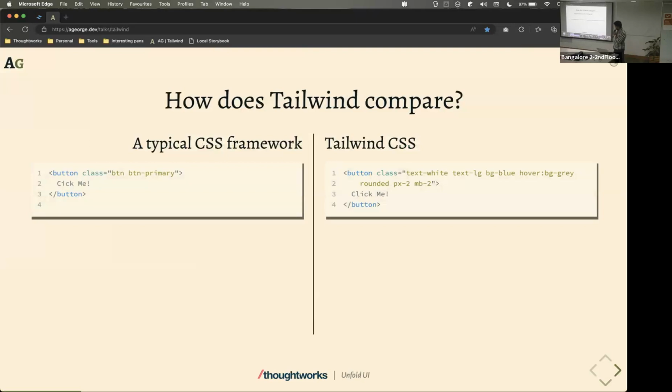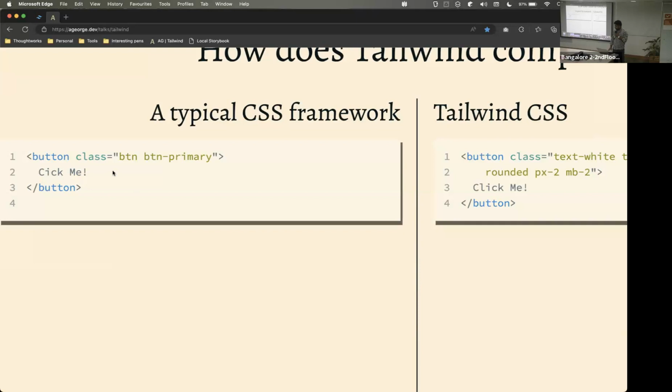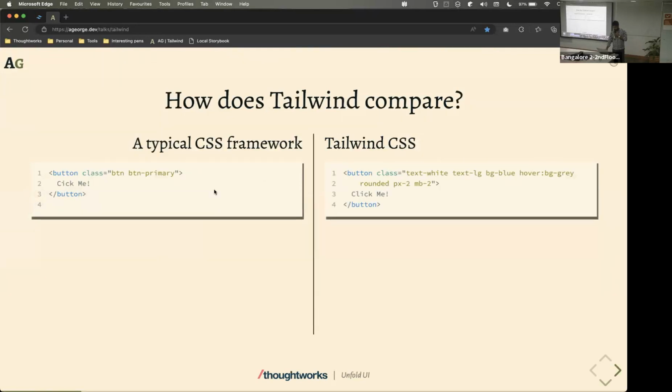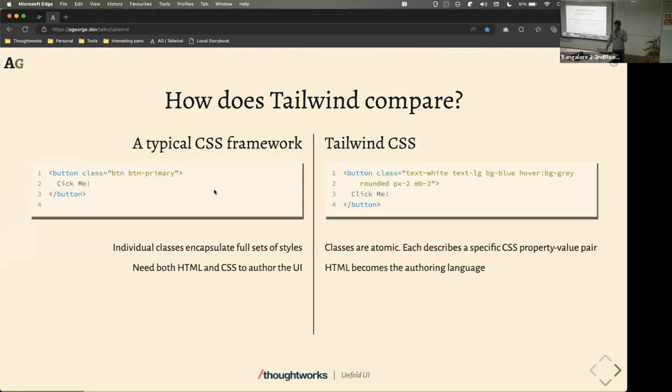So how does Tailwind compare, right? Typically, of course, you know what a typical CSS framework looks like. This is like Bootstrap, right? And this on the right-hand side is somewhat equivalent Tailwind for that. So in Bootstrap and other frameworks, you have individual classes which encapsulate full-fledged styles. So btn completely encapsulates a style. In Tailwind, of course, everything is utility and atomic. So when you think about it and step back,